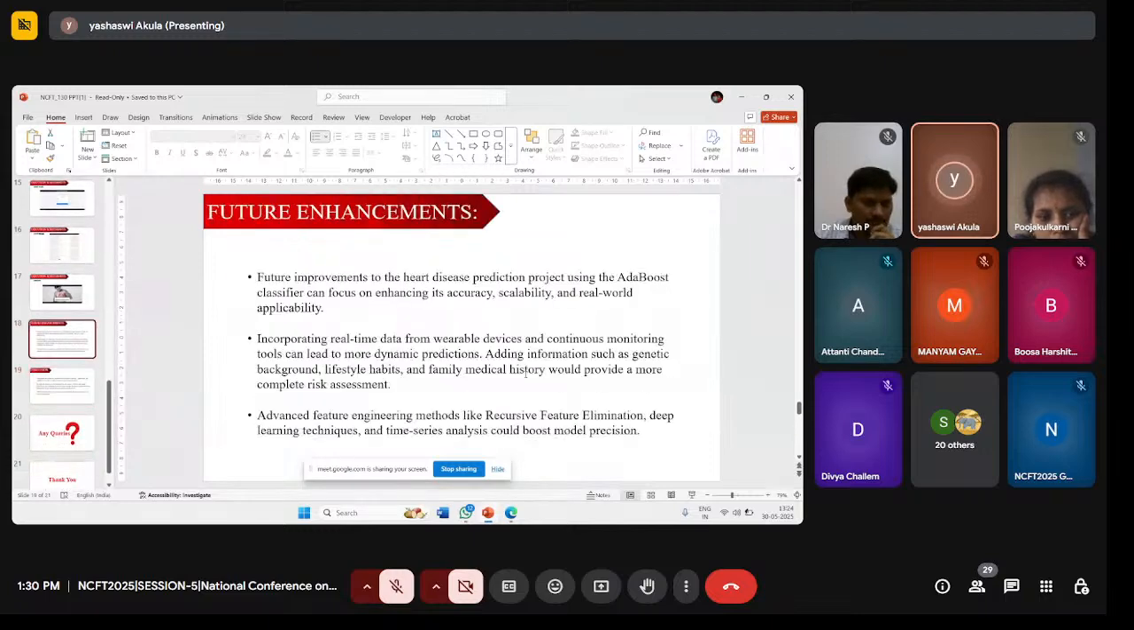Future enhancement. Why we chose this? Because it gives more accuracy, and it will help patients to get